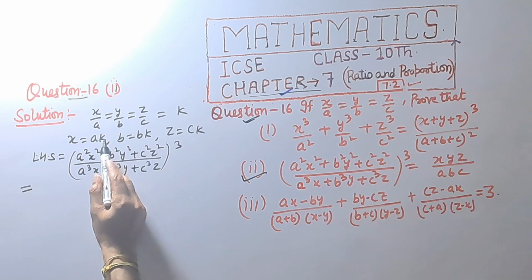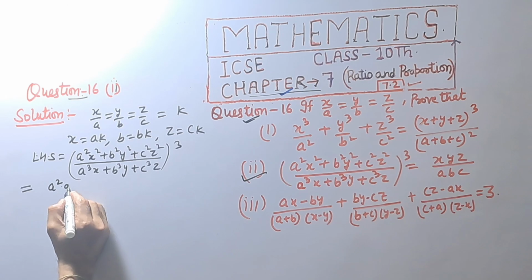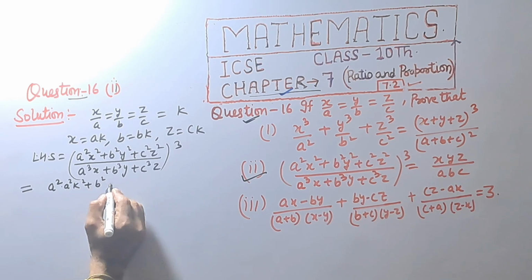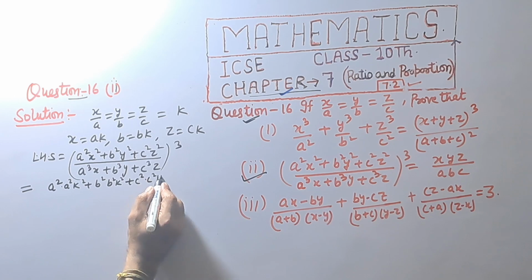That is equal to, x is equal to ak. We get a square into a square k square plus b square into b square k square plus c square into c square k square